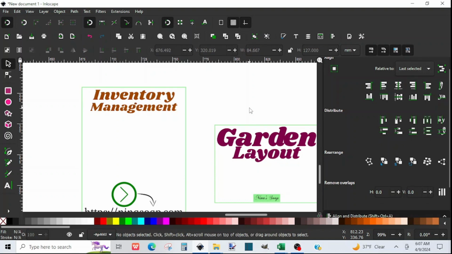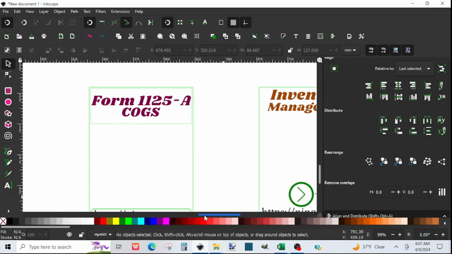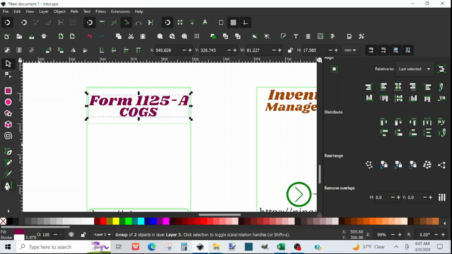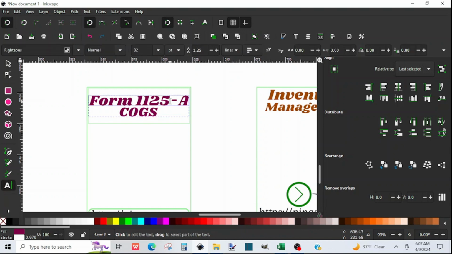And I'm on the far left, on the far right, I'm clicking on the alignment that will allow me to reach that goal, while last selected is chosen in the drop down menu of relative to on the left side. So I update that one, and I like to update this one as well,